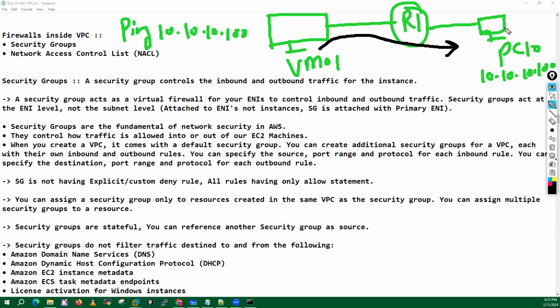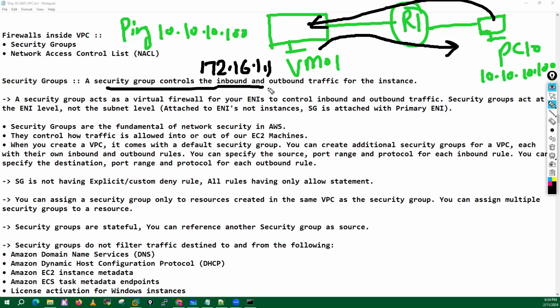Now, let's suppose the IP address of this VM is 172.16.1.1, and this PC sends a ping request towards this VM. The traffic coming towards your VM, coming inside your virtual machine, is known as inbound traffic, and the traffic going out from your virtual machine is known as outbound traffic. Your security groups can control inbound and outbound traffic. Just remember,